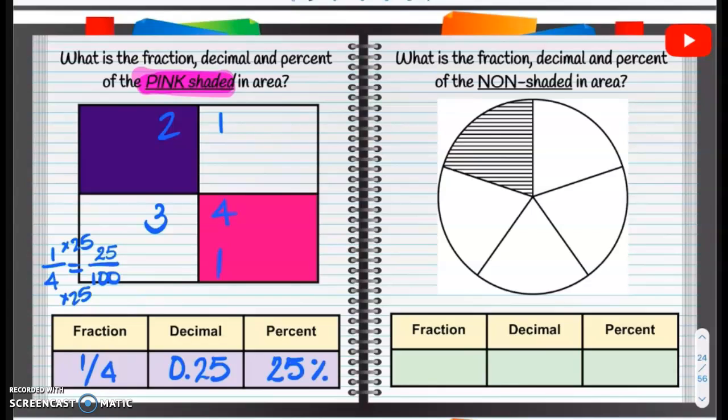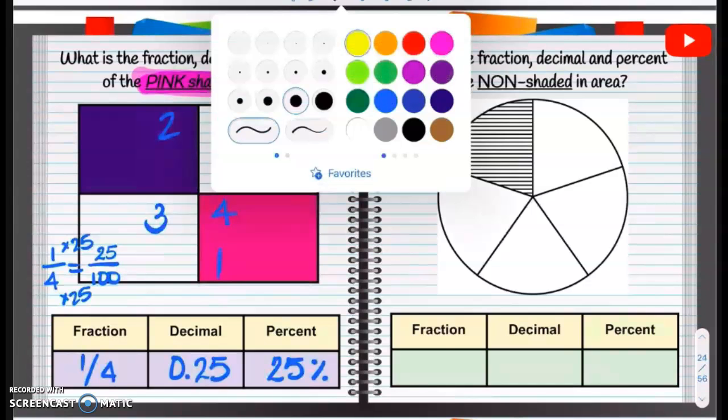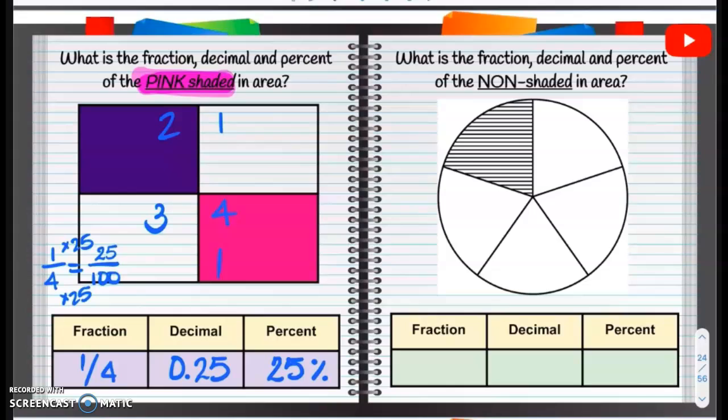All right, let's take a look at the next one. What is the fraction, decimal, and percent of the non-shaded in area? All right, so non-shaded in area. So non-shaded, 1, 2, 3, 4 total out of 4 non-shaded out of, well, there's 5 total, so 4 out